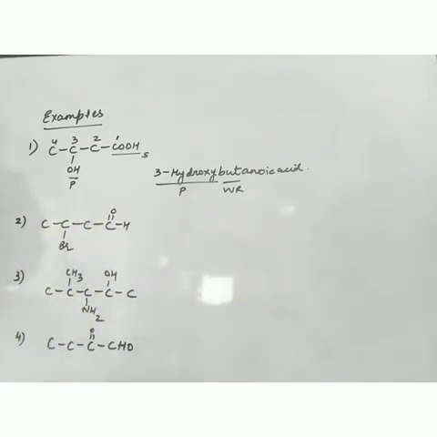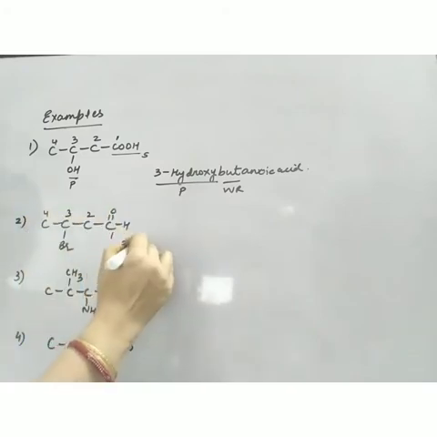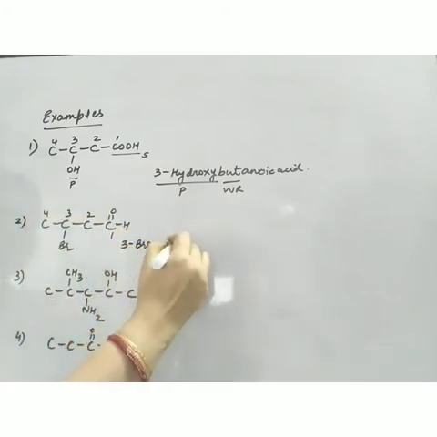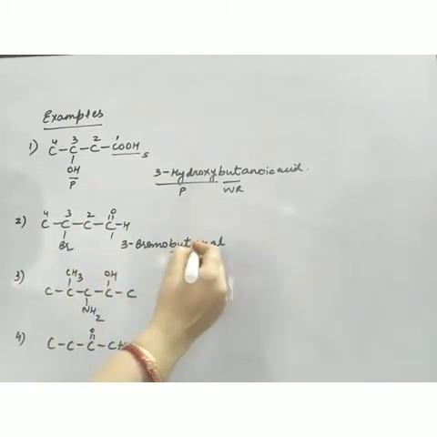The second case, I can see aldehyde and I can see halogen. Now halogens are all given prefixes only. So I will start the numbering from here. So it is 3-bromo. This is the prefix part. But, ane, al. So but is the word root, ane is the primary suffix and al is the secondary suffix.